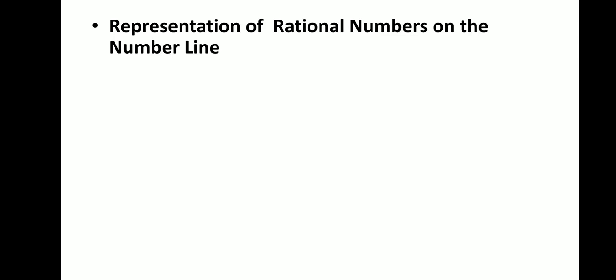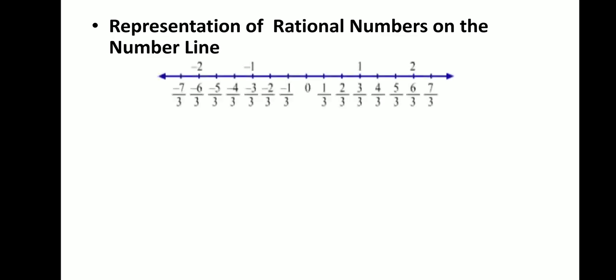First of all, you are supposed to draw a straight line and mark arrows on both sides of the line to show that the line continues indefinitely in both directions. After that, mark a point on it and label it as O, that is, it represents 0.